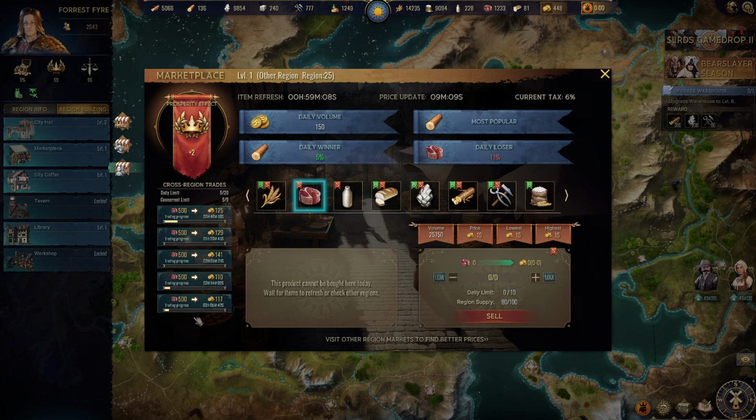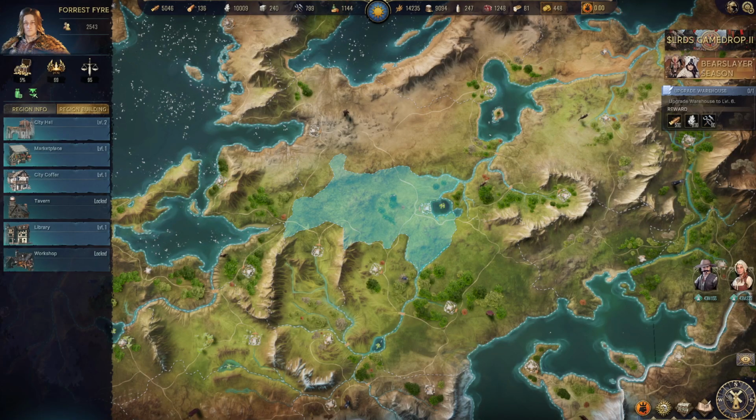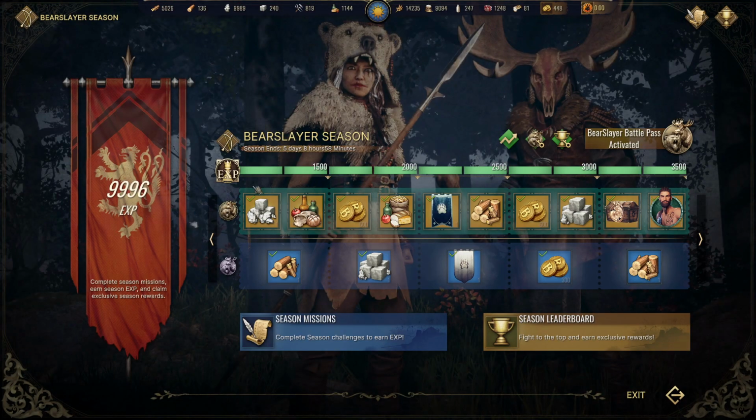So we've got 2,500 meat being sold. All right, and that is going to give us roughly 550 gold coins. So that'll put us up to about 1,000. So we're 1/5 of the way there, and that's without buying any resources. So, with that being said, let's have a quick look at the...